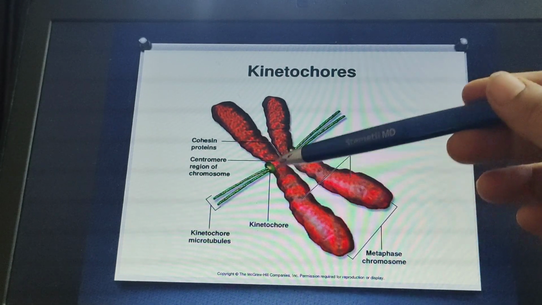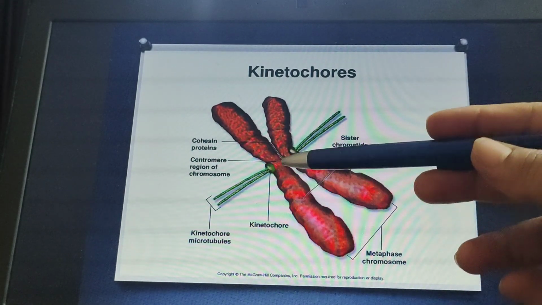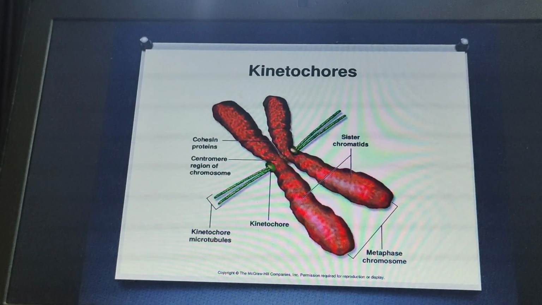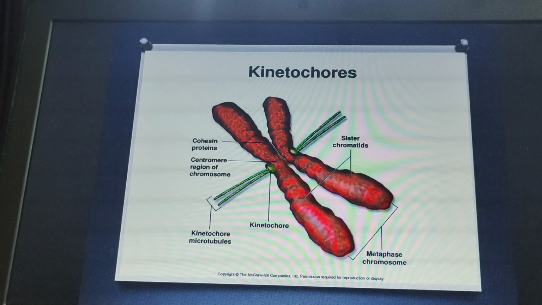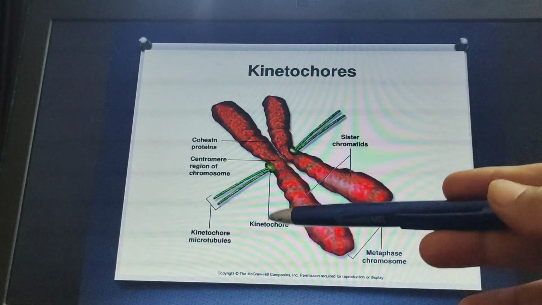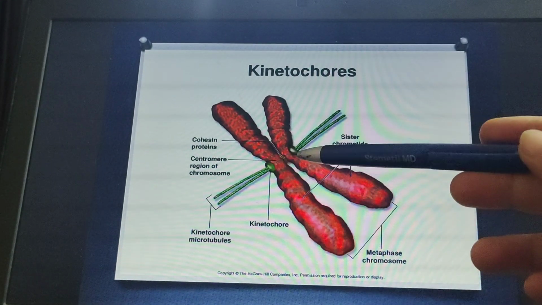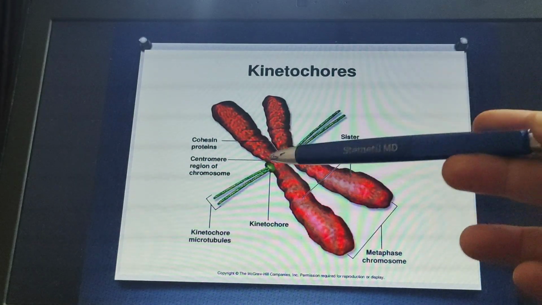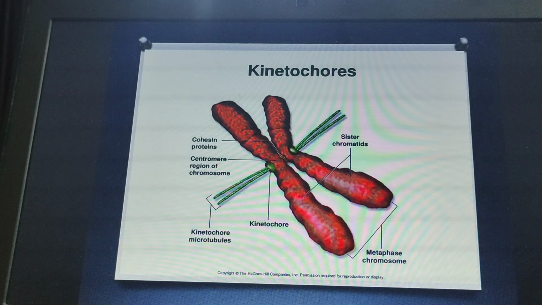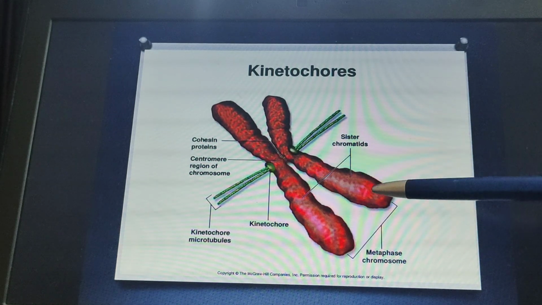And on the sides of the centromere there is a kinetochore, a hook-like structure, which connects to the spindle fibers during nuclear division. When the chromosome is to divide, it gets attached to the spindle fibers, and that attachment is done through these kinetochore microtubules, which are present over here. These are the two side kinetochores. You can call them equivalent to hooks. One hook is here, another hook is there, and this primary constriction is called the centromere. Now these two arms are called the chromatids, and with respect to one another they are called the sister chromatids.